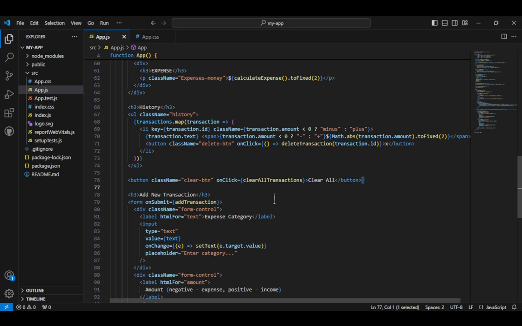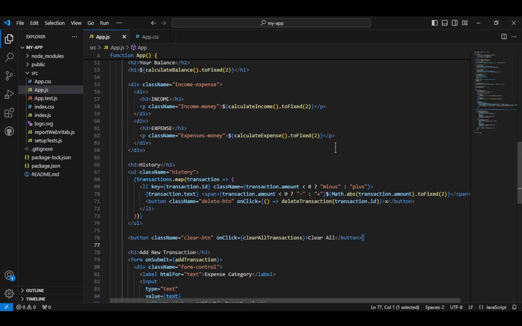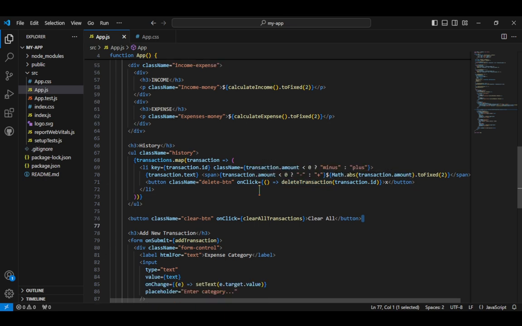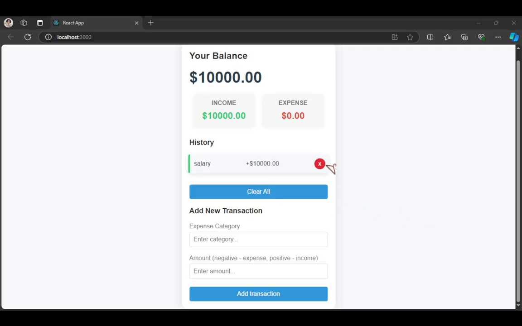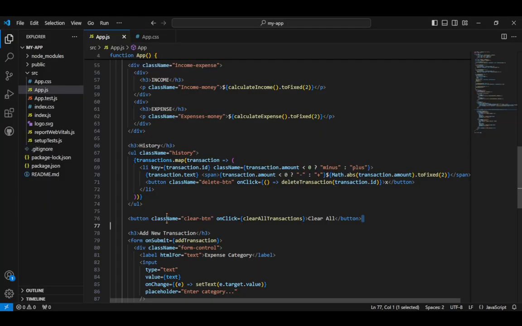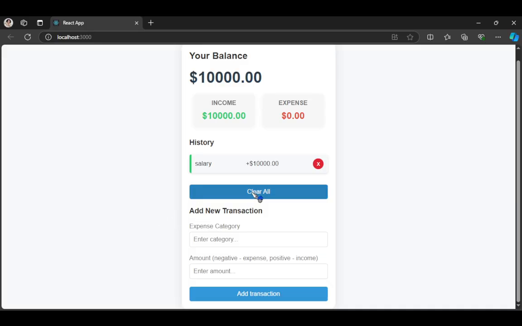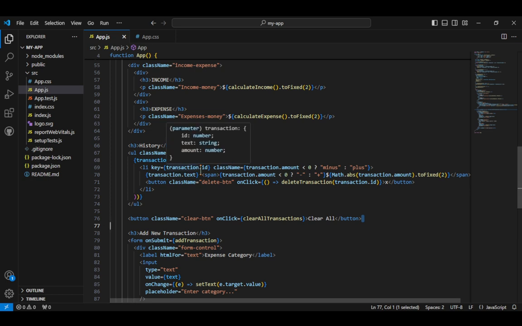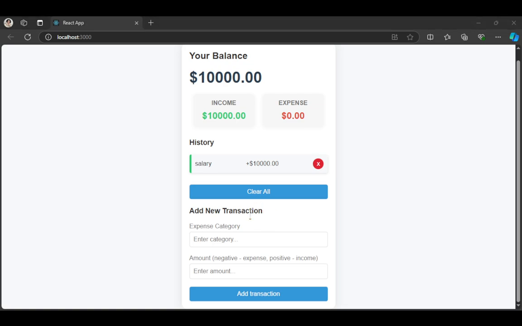I call the transaction delete so the transaction list item will be deleted by ID. Here there is an X. Here is the button, and another button to clear all the history of transactions. I call the onClick, then call clearAllTransactions, and all transactions will be gone.